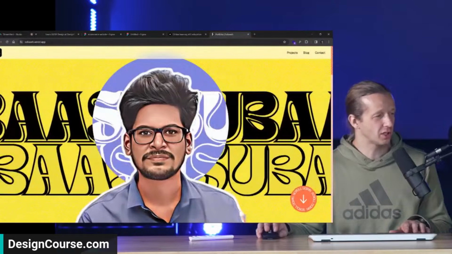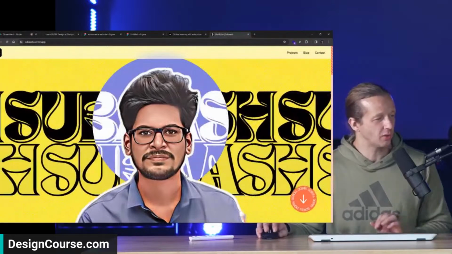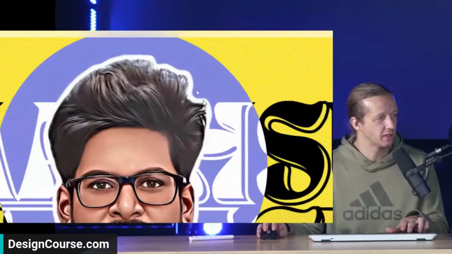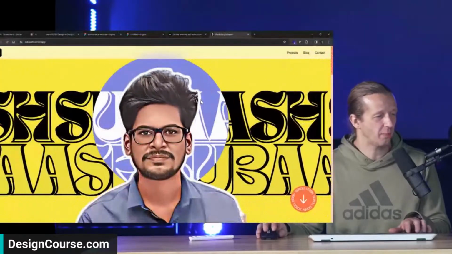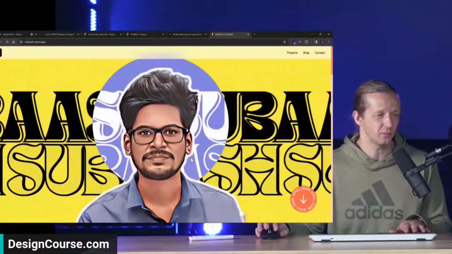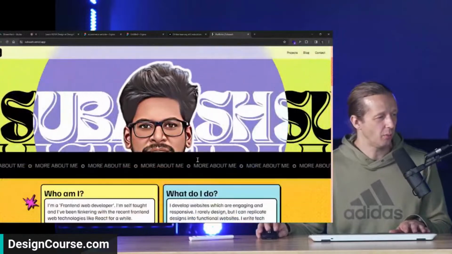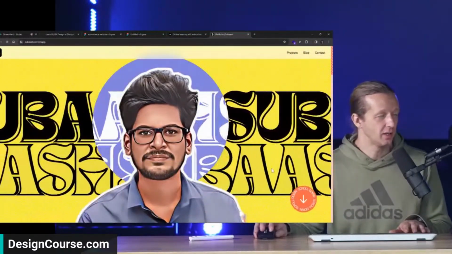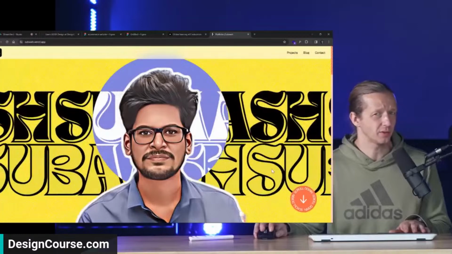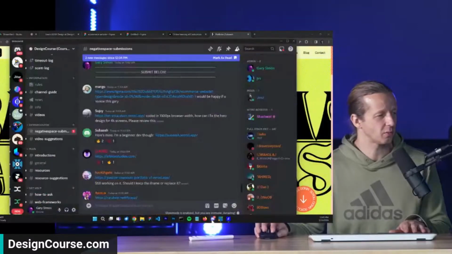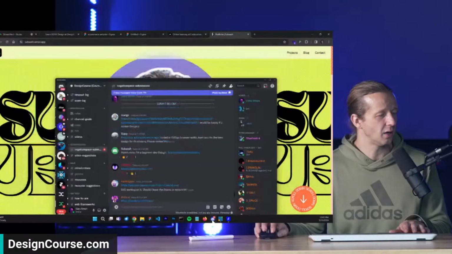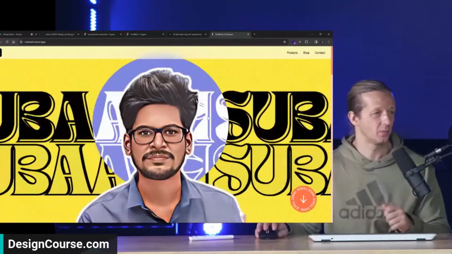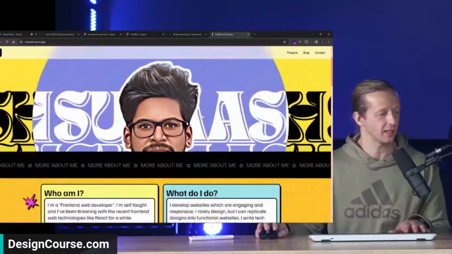I personally don't like how it's jagged right here. If I zoom up, you can see it's pixelated. I would try to opt for something a little bit less in your face, maybe subdue it just a tad more. There's a lot of movement as well here, like a ton. But you know what? If this is your first project, a beginner dev, for a beginner you're getting these development concepts well, and you're also very creative. So that's very good as well.